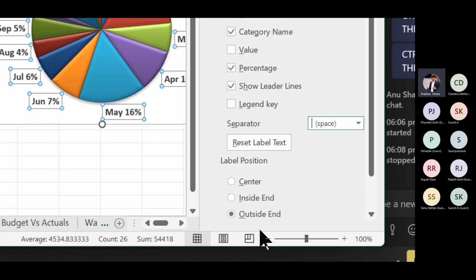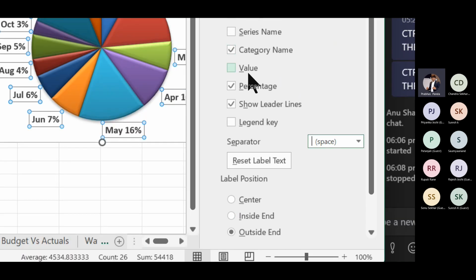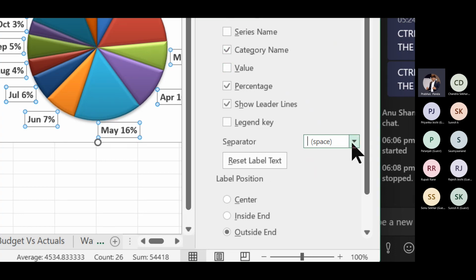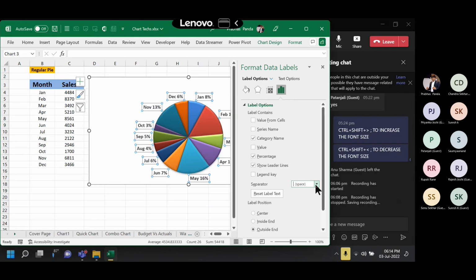First change, from best fit to outside end. Second change, activate percentage. Third change, deactivate value. Fourth change, select category name. Fifth change, for separator, go to the drop down and choose the option space. So can you confirm all of you have got the structure like this? Yes. Very good. Now, once we have done with this,